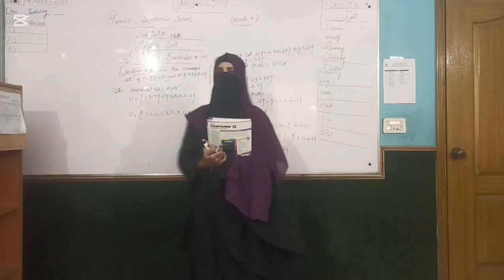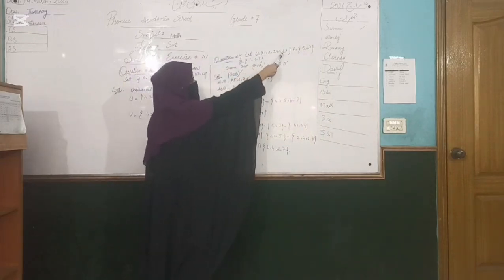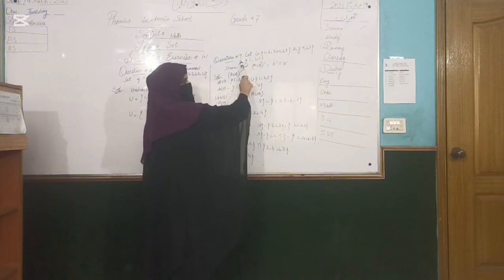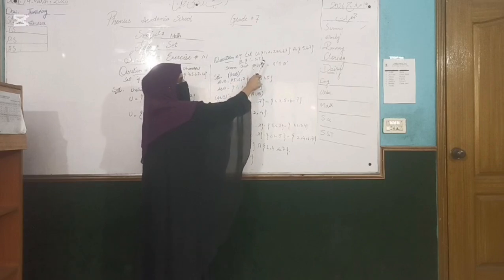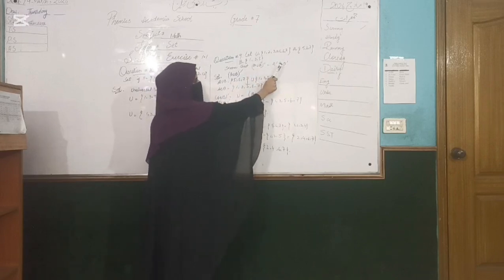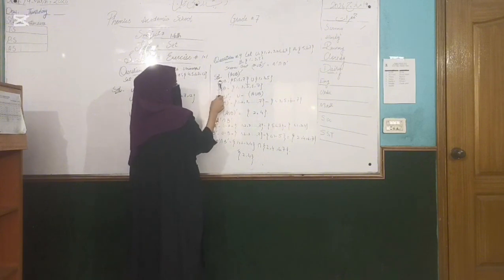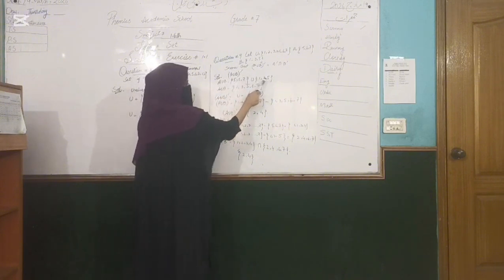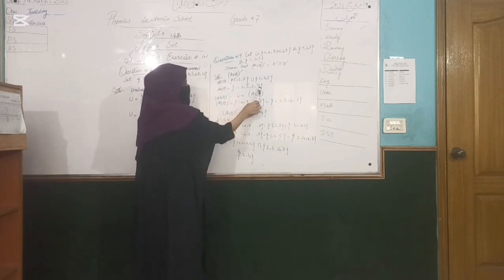So next, question number 9. Let U be equal to {1, 2, 3, 4, 5, 6, 7}, A is equal to {5, 6, 7}, and B is equal to {1, 3, 5}. Show that (A union B) universal is equal to A universal intersection B universal. So students, first (A union B) universal. A union B is equal to {5, 6, 7} union {1, 3, 5}. When you take a union, it means arrange all the elements in order. A union B is equal to {1, 3, 5, 6, 7}.